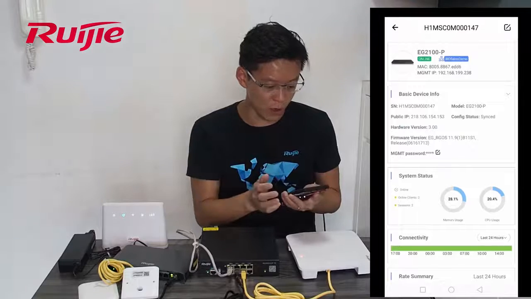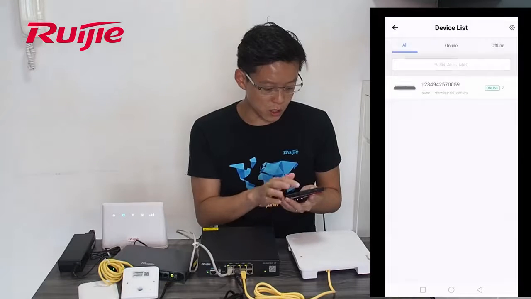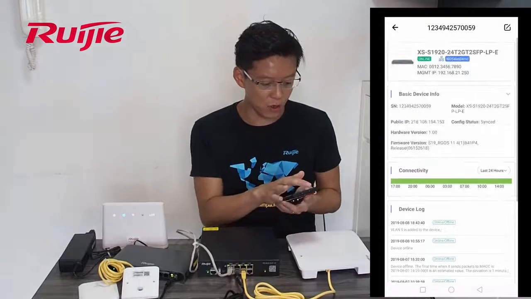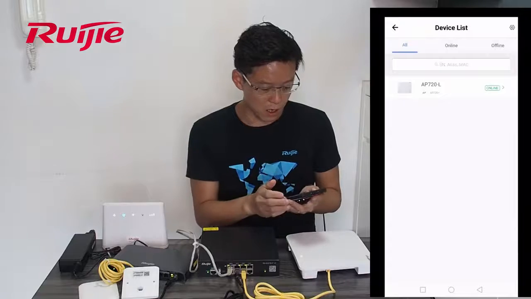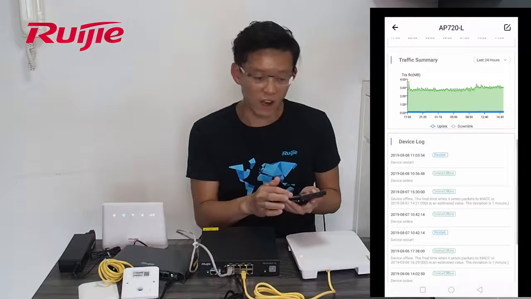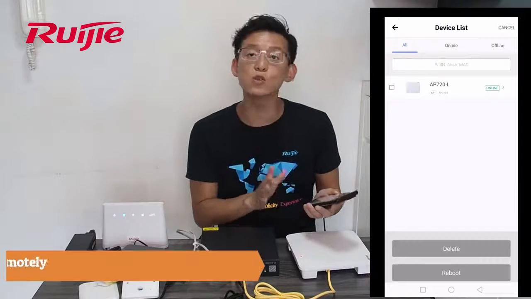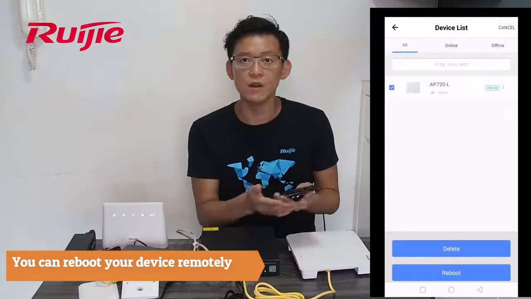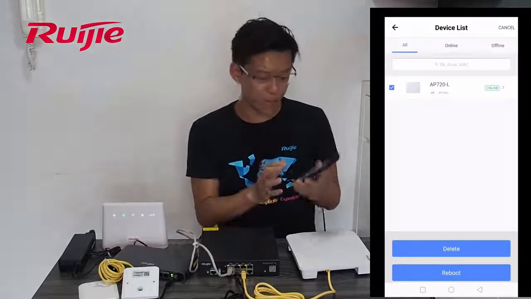So the gateway is very important. It knows everything about your internet. Switches are similar: you can know your switches' network information. For APs, you can see your AP configuration, Wi-Fi, network traffic, and if you need it, you can also do a report. If your AP finds some issues you want to report,